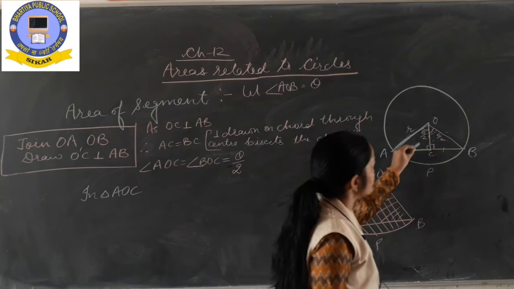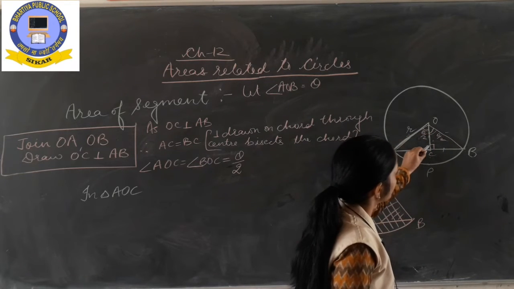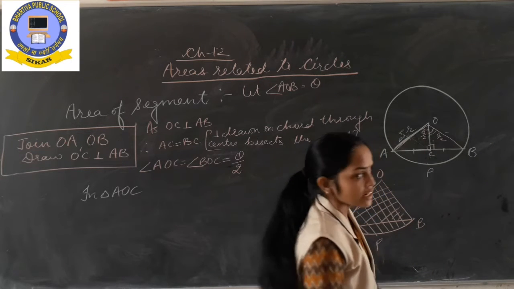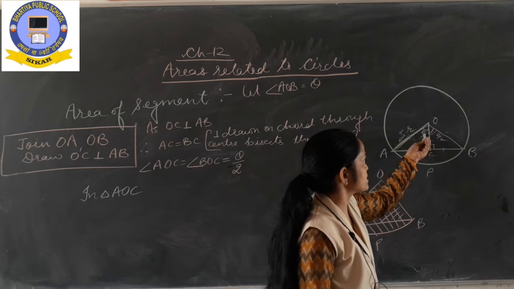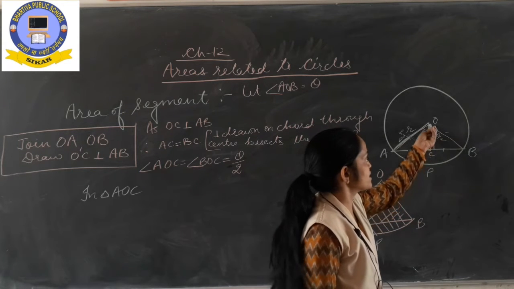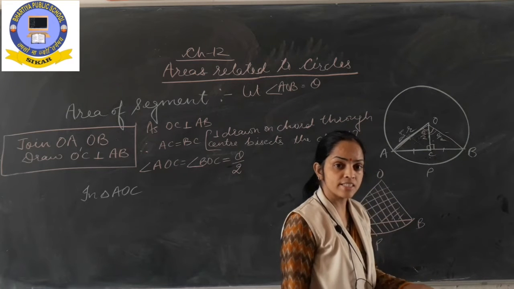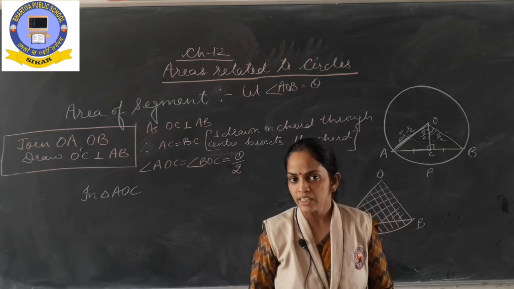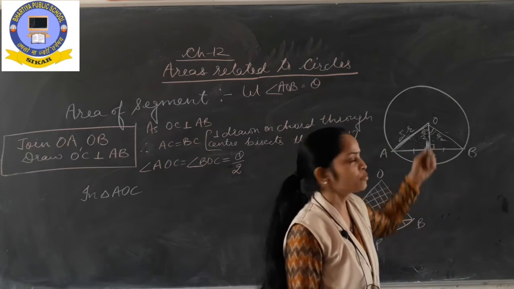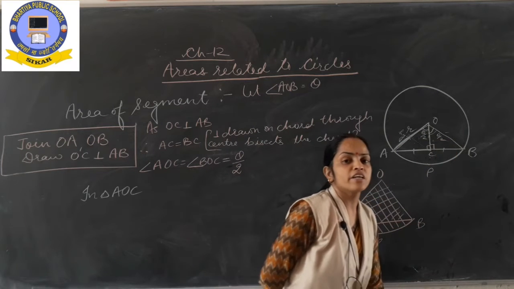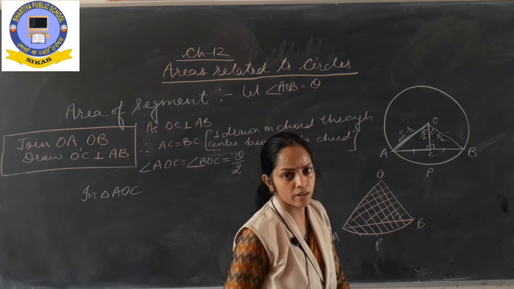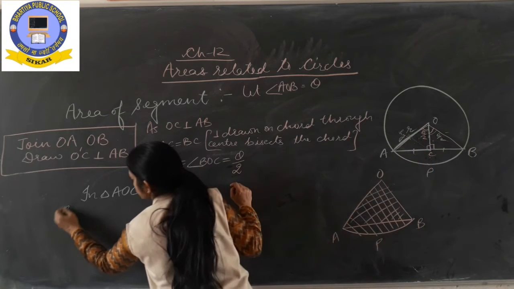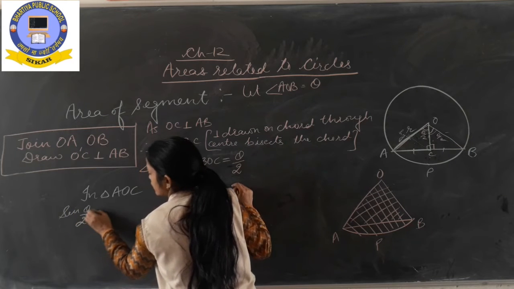Now check please, for this angle which side is given? This R is opposite to 90 degree. That means the hypotenuse is given, right? And you need to find out, for this angle, this side is the perpendicular and this side is the base. You have to find out the perpendicular and base. Hypotenuse is already given, then obviously you have to apply the concept of sine as well as cos. Sin theta by 2 and cos theta by 2, both the trigonometric ratios you have to apply here.